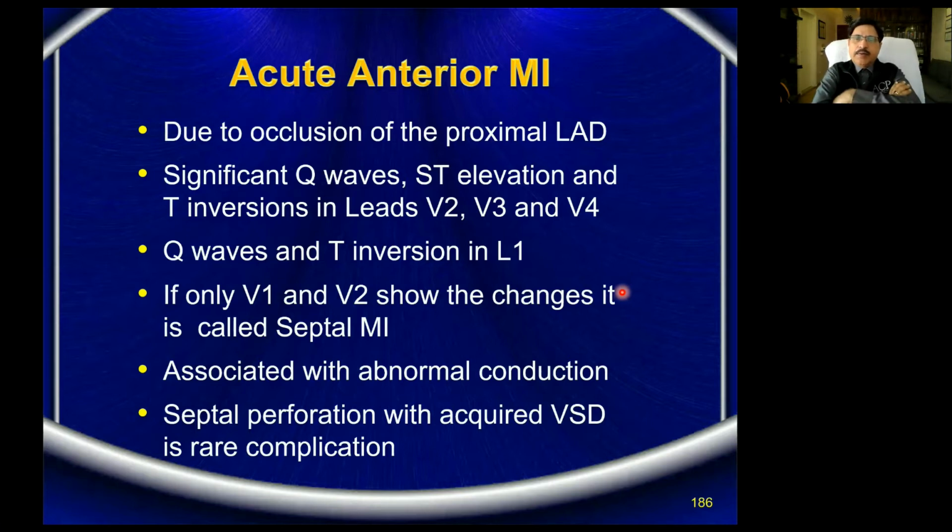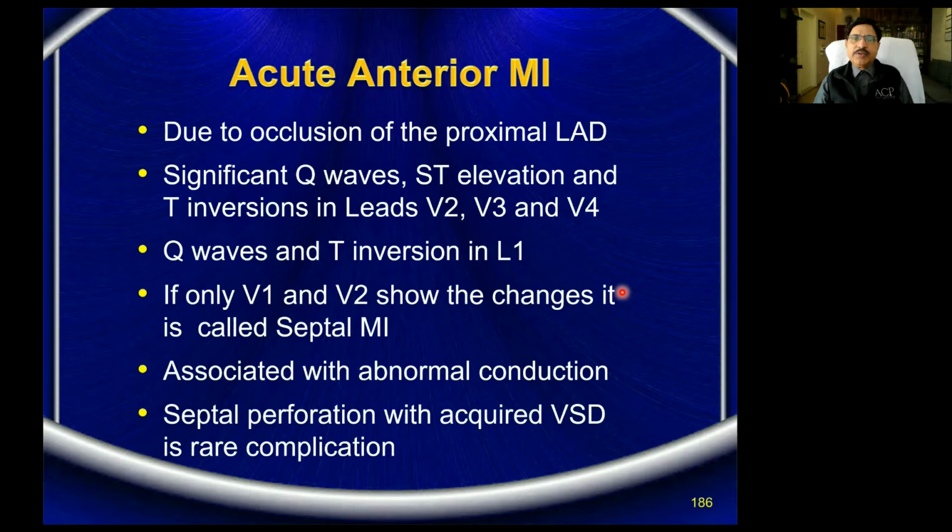Actually, what is the reason why we are interested to know which wall of the myocardium is affected? Is it not enough if I know whether there is myocardial infarction, whether ST segment or non-ST segment? Because I know the treatment differs between non-ST segment and ST segment and unstable angina. We need to differentiate USA, NSTEMI and STEMI. But what is the logic or understanding of why I should know whether it is anterior wall or lateral wall or inferior wall or the posterior wall? What is the reason? Just think for a second. What could be the reason why we are interested to know that?